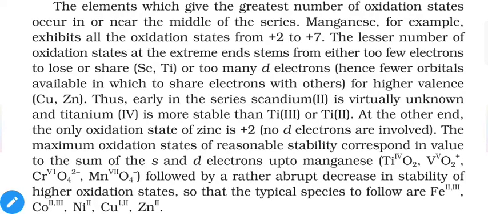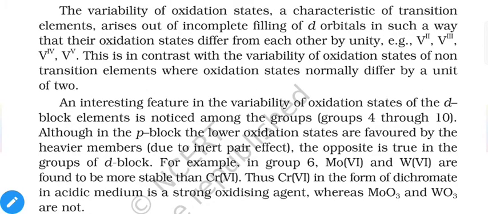So the typical species to follow are Fe+2 and +3, Co+2 and +3, Ni+2, Cu+1 and +2, and Zn+2. Variation or variability in the oxidation state is a characteristic property of transition elements. If you compare the d block and p block, then you will notice